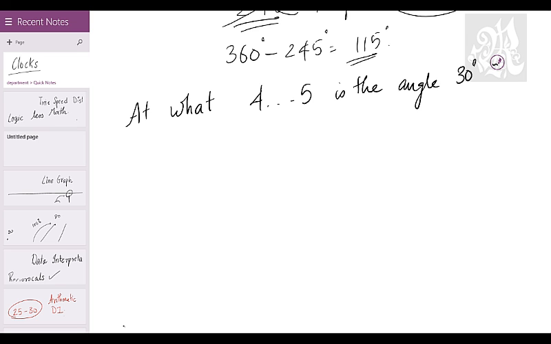So we'll follow a simple procedure. I'll show you a long method and then we'll develop a quick shortcut, because it's equation based, and equation based questions can always have a shortcut. So between 4 and 5, when is the angle 30 degrees? We don't know the time, so it must be 4 and some minutes. We're supposed to find that minute.